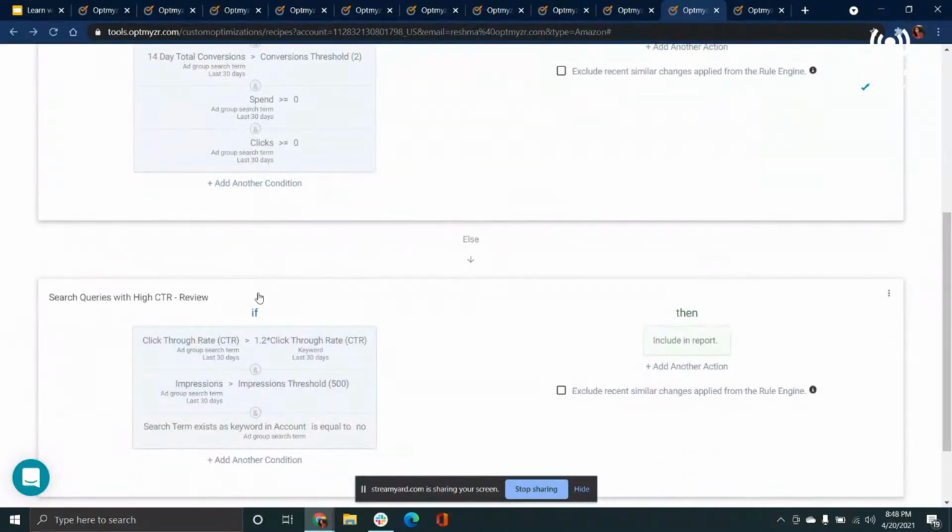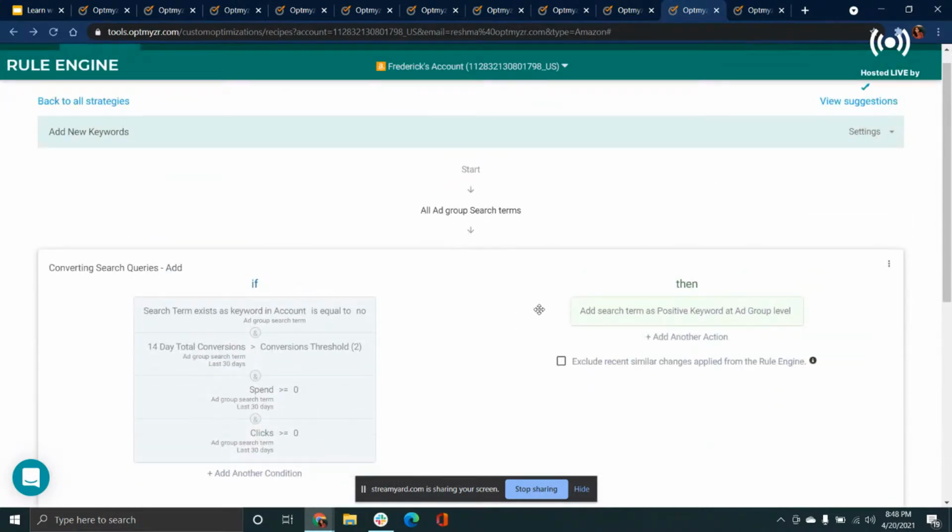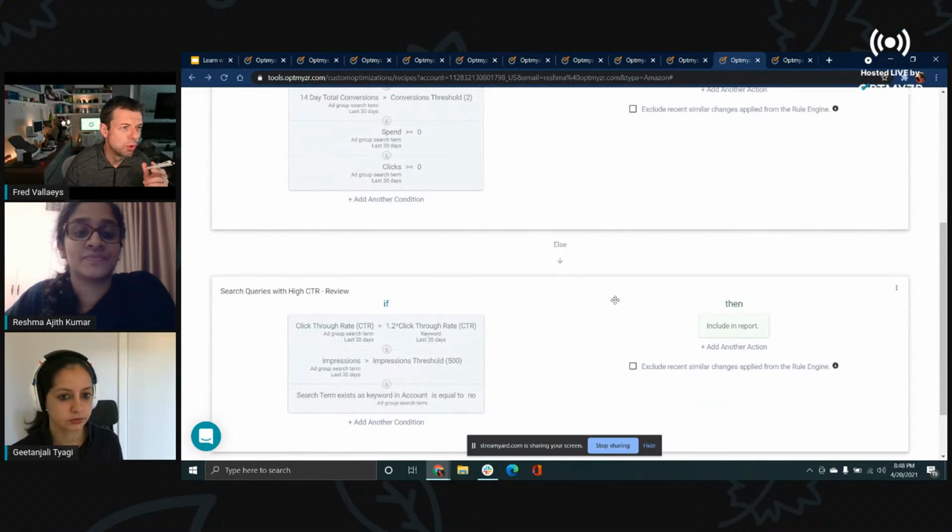And this is a good idea to have as a report because you can stay on top of search queries that are garnering impressions above your threshold and that have a high CTR compared to your keyword average. Yeah, exactly. And let's pause on that, because this is really difficult to do, not just in Amazon but even in Google: the relative comparison of things.